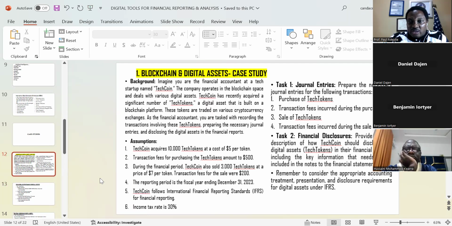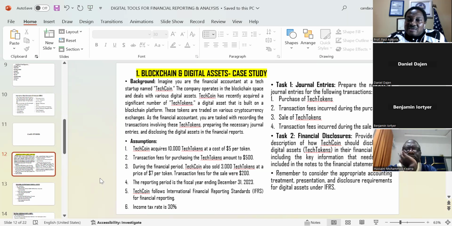Assumptions, task 1, journal entries. Prepare the necessary journal entries for the following transactions: purchase of tech tokens, transaction fees incurred during the purchase, sale of tech tokens, transaction fees incurred during the sale. So here you need to sharpen your skill. Once you sharpen your double entry principle, this one is a walkover.